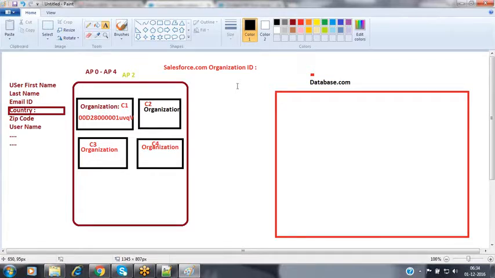Now where will these tables be available here? For each and every organization, does Salesforce maintain a separate set of tables, or does Salesforce maintain a common set of tables? Nothing but only one set of tables for every instance. For all the organizations, do they maintain common tables, or maintain a separate account table, contact table and opportunity table for each and every organization? Now, Salesforce maintains only one set of tables.